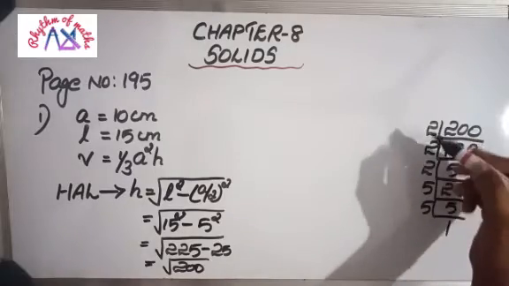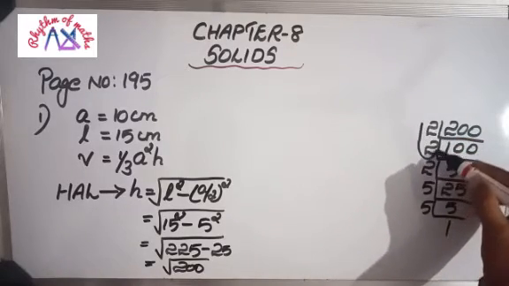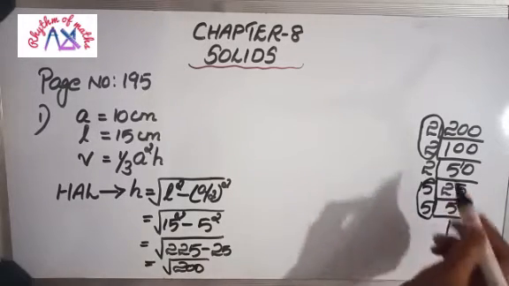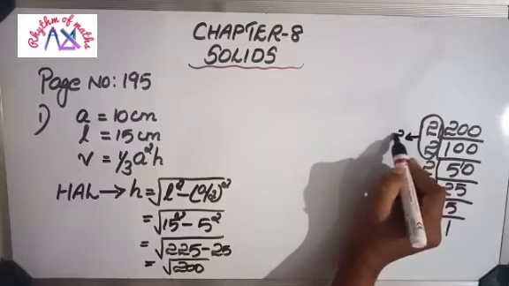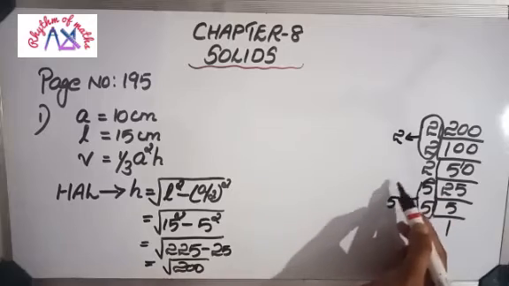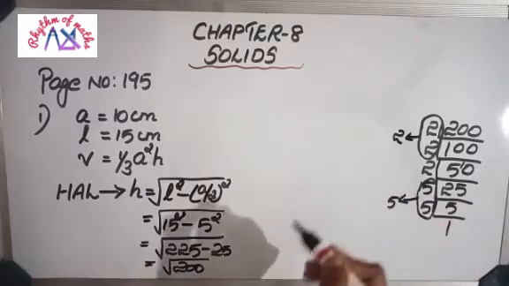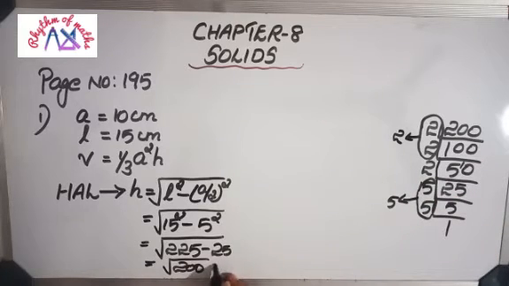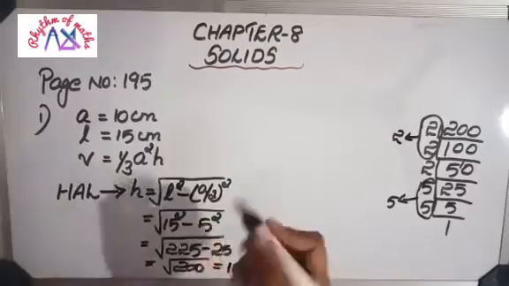Now let's pair the numbers. So here 2 comes 2 times, 5 comes 2 times. That we can pair. From the pair you have to choose one 2, and one 5. Now the multiplication of these two, 5 into 2, is 10. The 10 goes outside the root, and the number that is alone must stay inside the root. That means root 200 is 10 root 2. So 10 root 2 centimeter is the height here. Not compulsory, I just explained. Now we got h.